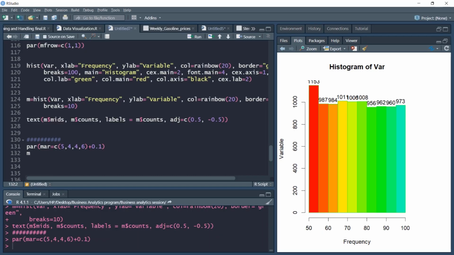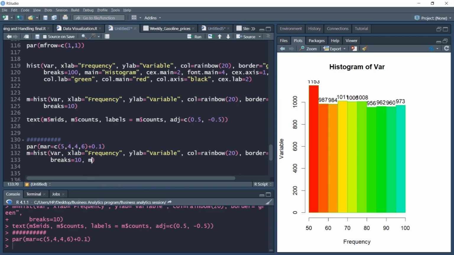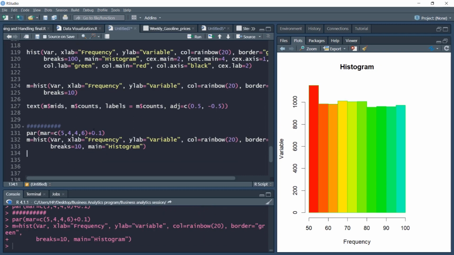Once I set the margin, I'll plot a very basic R plot. Let me plot the histogram. I'll make use of the original command. This is the histogram. I'll probably set the main heading also here. So main heading as histogram. And let us plot this. So like I said, you can play around with this. Maybe I should use a single color, maybe here, color equal to black or rainbow. So this seems to be appropriate. I'll not change it. Now you can play around.